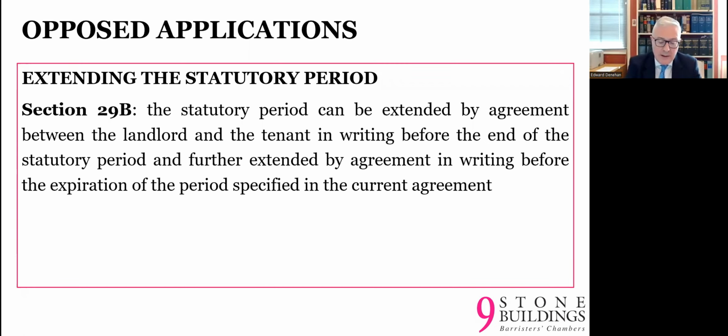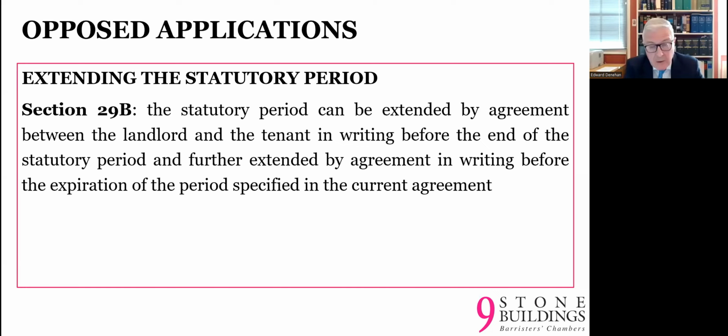So that can be a useful time made available to the parties, particularly in an unopposed case where there may be useful negotiations for the grant of a new tenancy, on the terms of the new tenancy,